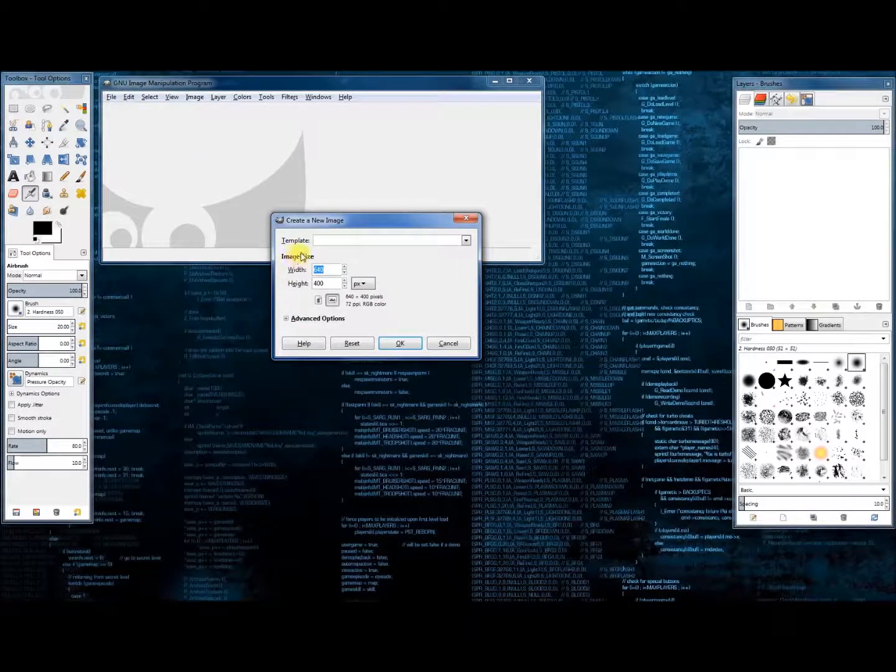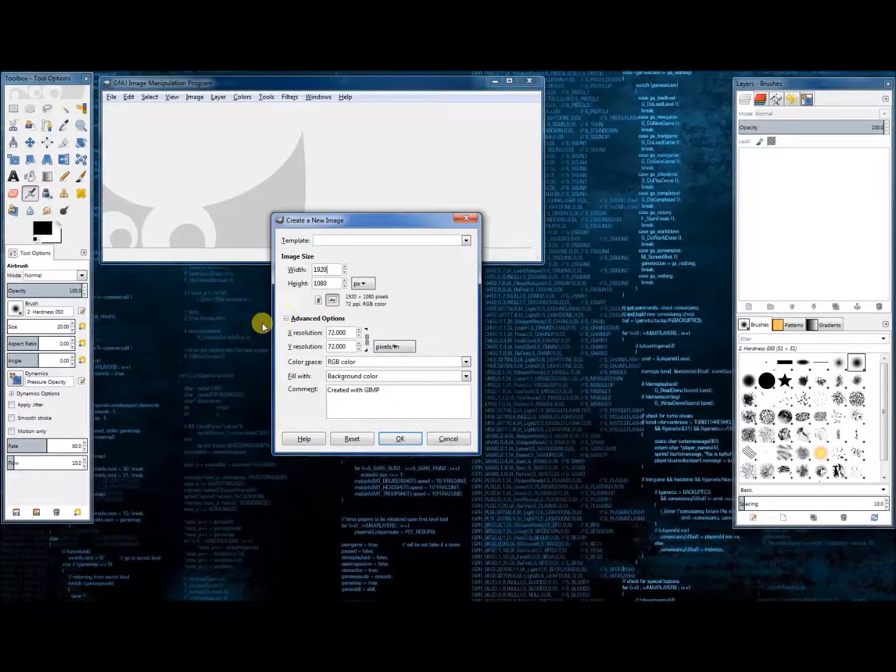So we're going to open up a new GIMP, and we're going to type in 1920 by 1080, and you're going to use whatever sizes your screen resolution is. You can go larger, you can go smaller, but you generally want to have it fit your desktop. So if you go under advanced options, you can change your